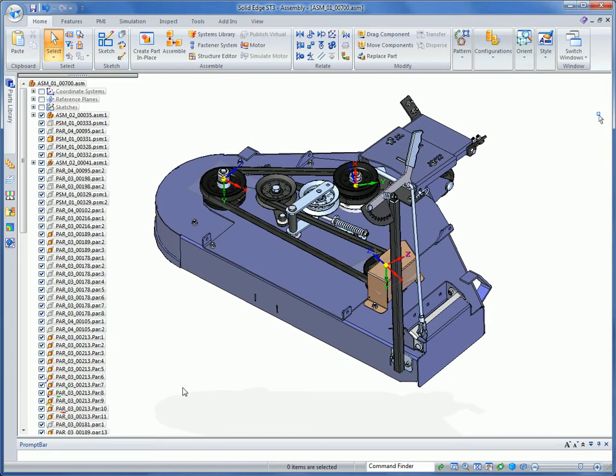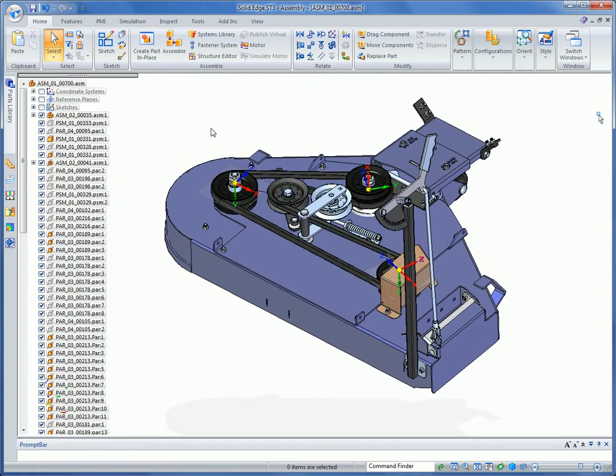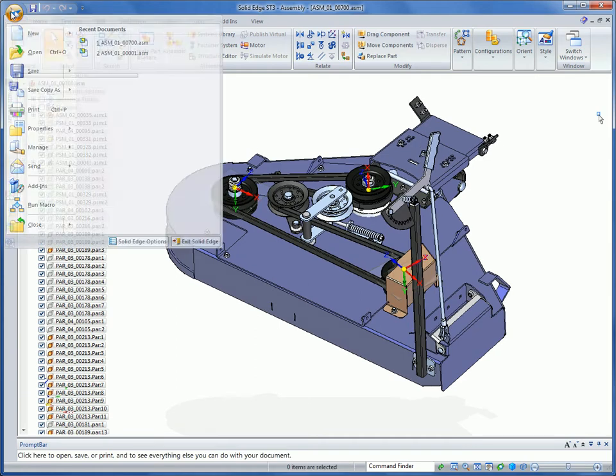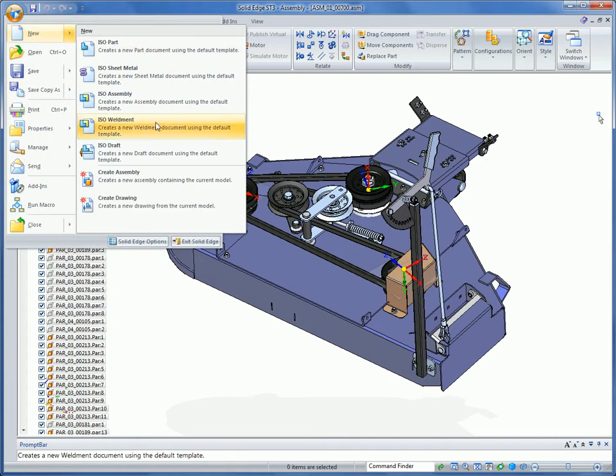So now my assembly changes are completed. They're the correct size that I'm looking for, and I've corrected my interferences. So let's do a save. So now I'm going to create a drawing. So I'll go to Create Drawing,